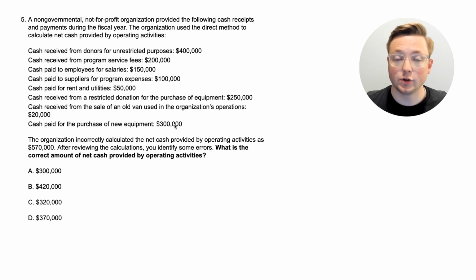So if you haven't ever used the direct method, that's okay. We're going to go straight into the answer for you. If you have seen this before, especially if you've watched the previous video, you might have a good idea of how to do this. So pause the video, do the calculation, and when you're ready, come back. We'll look at it together.